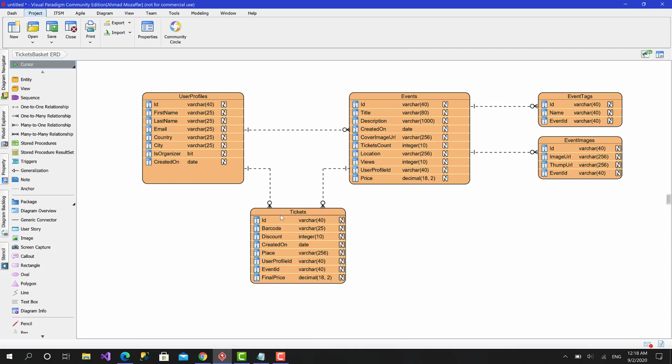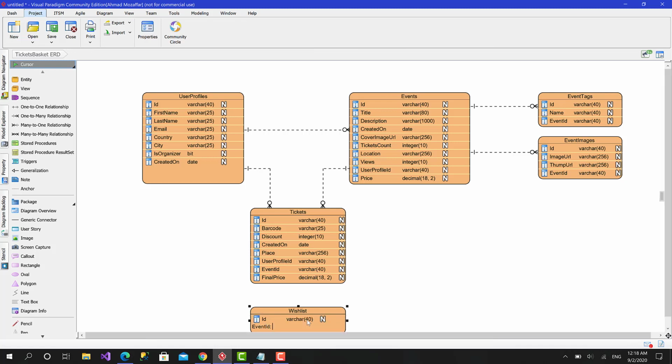So that's great. Somehow we can cover all the functions we want. We still have three main things. The first one is called wishlist, where each user can add or shortlist some events to that wishlist so he can get back to them later. And basically this table is going to be very simple, and it's going to contain ID varchar 40 and the event ID,